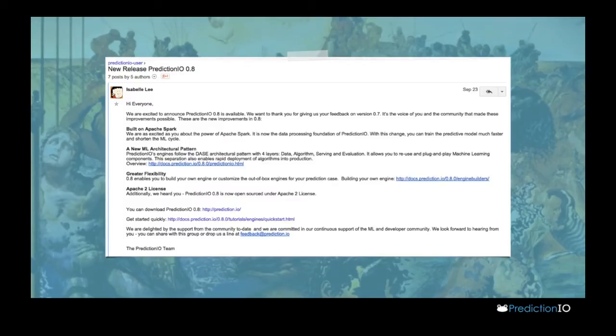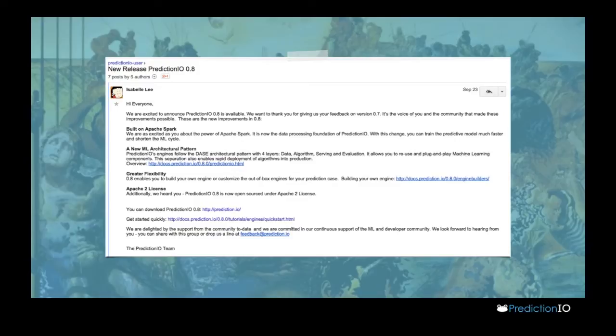Just a few weeks ago, we released the latest version, the 0.8 series of PredictionIO, codenamed Imagine. The main difference from previous releases is that we are now built on top of Apache Spark, which hopefully most of you are familiar with. It gives us a very scalable, fast data processing framework to be built upon, and it's an extremely active community.